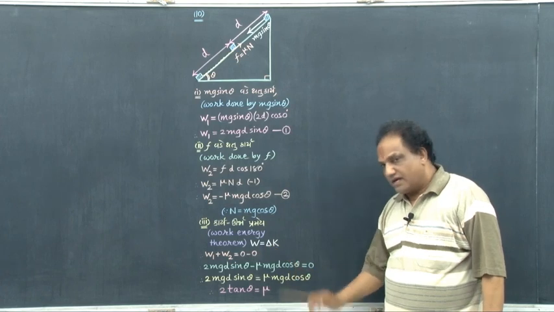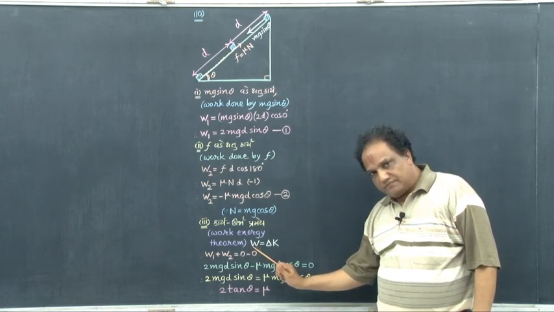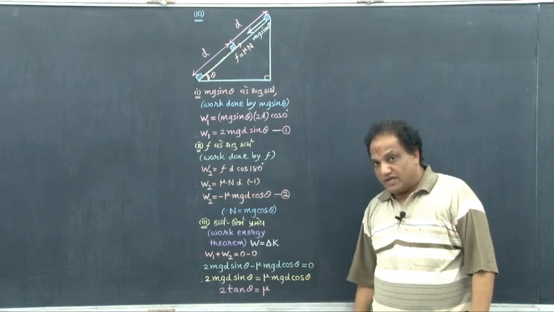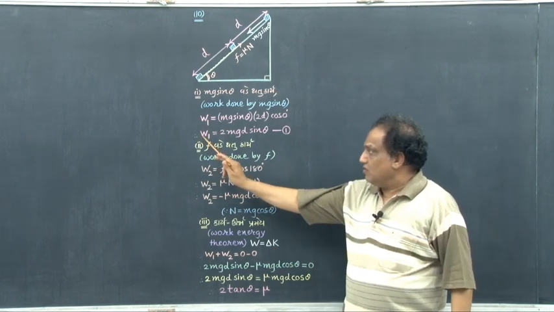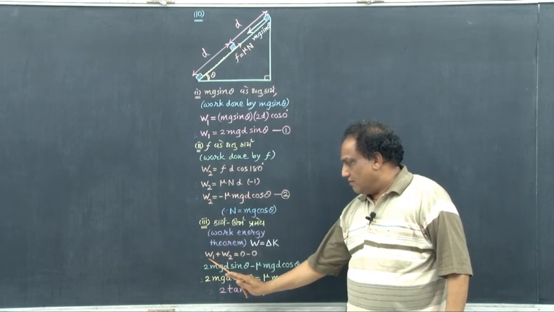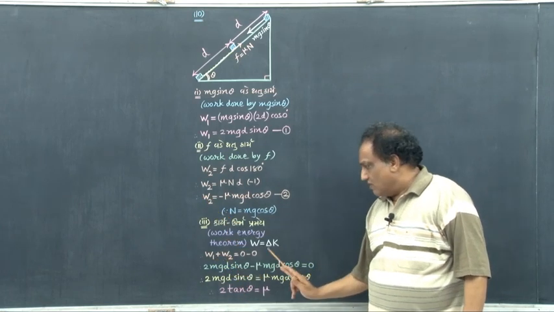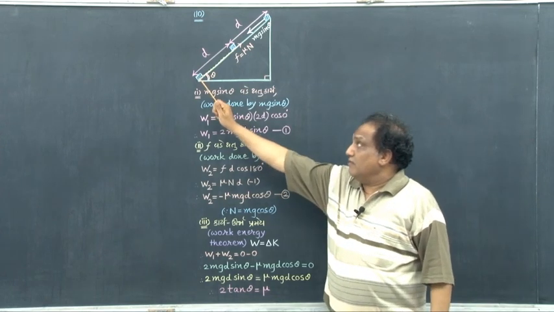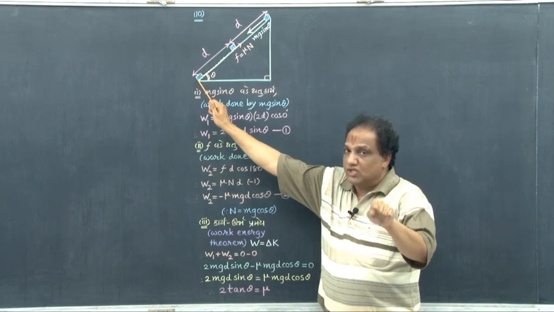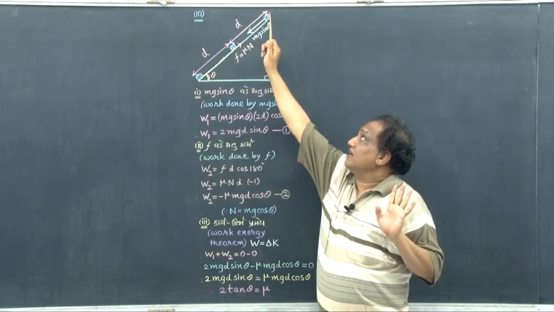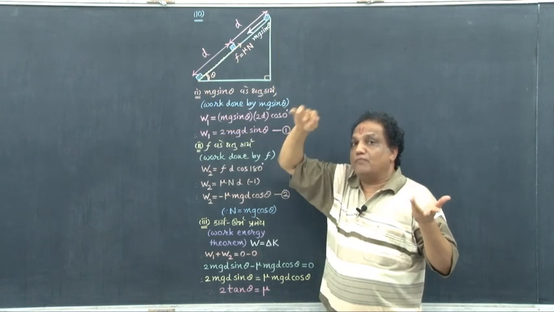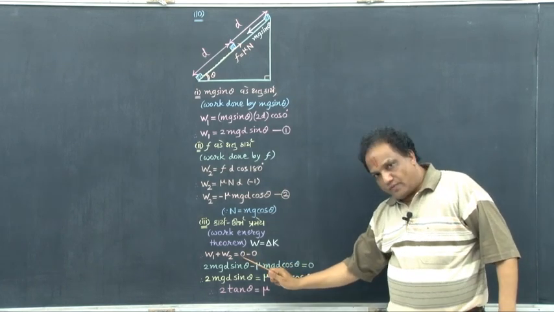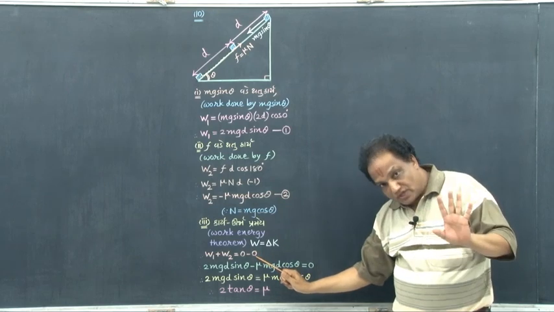W equals delta K. This is the total work done, this is the change in kinetic energy. Come on, total work done, which is the total of these two, W1 and W2. So, I am writing W1 plus W2, correct. What about the change in kinetic energy? It is final minus initial. Finally, when the block came here, it became stationary. So, final kinetic energy is 0. When it had started, initial kinetic energy was 0 because it had started from this state of rest. So, final kinetic energy is 0, initial kinetic energy was also 0.